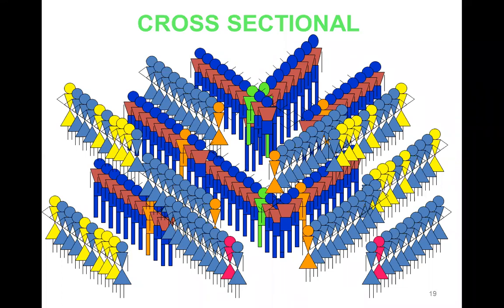Because of that, it's difficult to project forward as to what may happen in the future unless you can do that exact same cross-sectional study again. But in terms of giving you a quick image of where things stand,